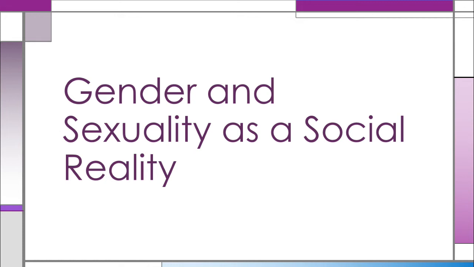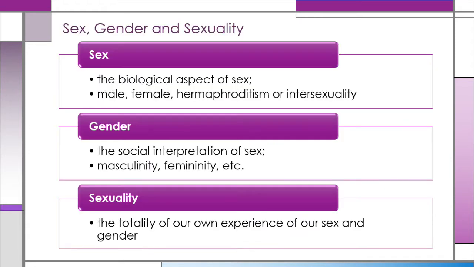Good day to everyone. Today, we will be discussing gender and sexuality as a social reality. Sex is the biological aspect of sex. It refers to male, female, or hermaphroditism or intersexuality. Gender refers to the social interpretation of sex. It is the masculinity or femininity of an individual, whereas sexuality refers to the totality of our own experience of